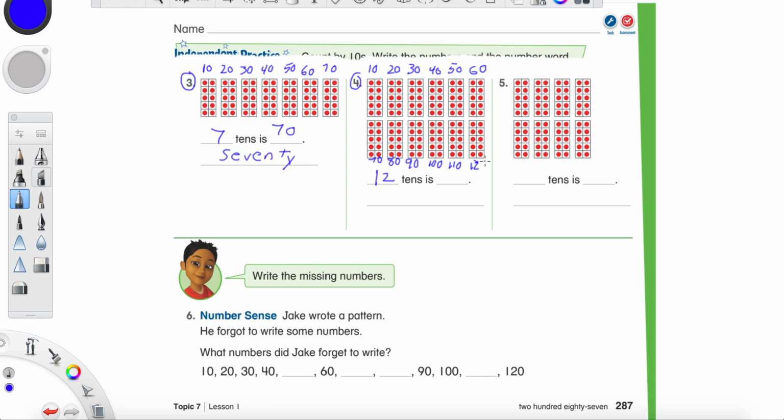So it's 100, 120. Now, a lot of times you guys will hear adults say 100, but normally that just means 100. We got to make sure we say that 1 because we now have a 1 in the hundreds place. So it's 120. So 12 tens gives you